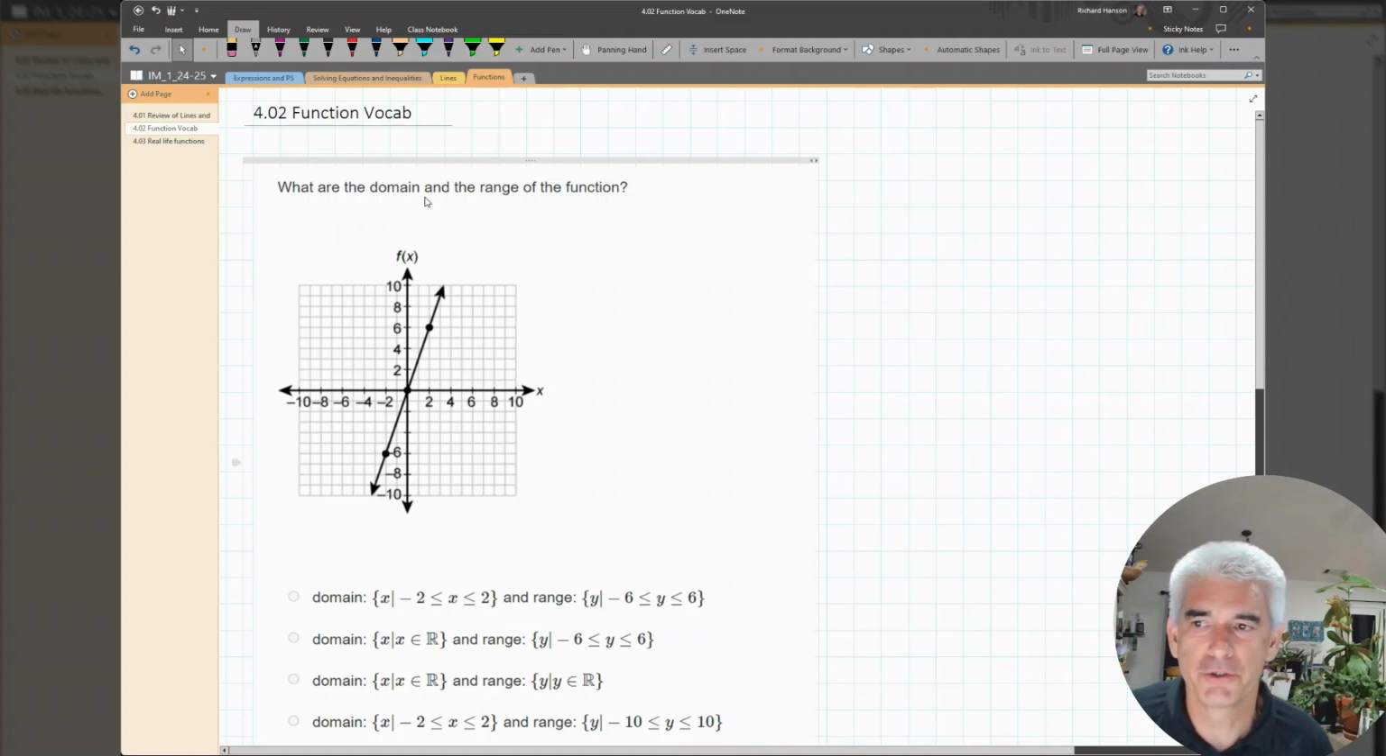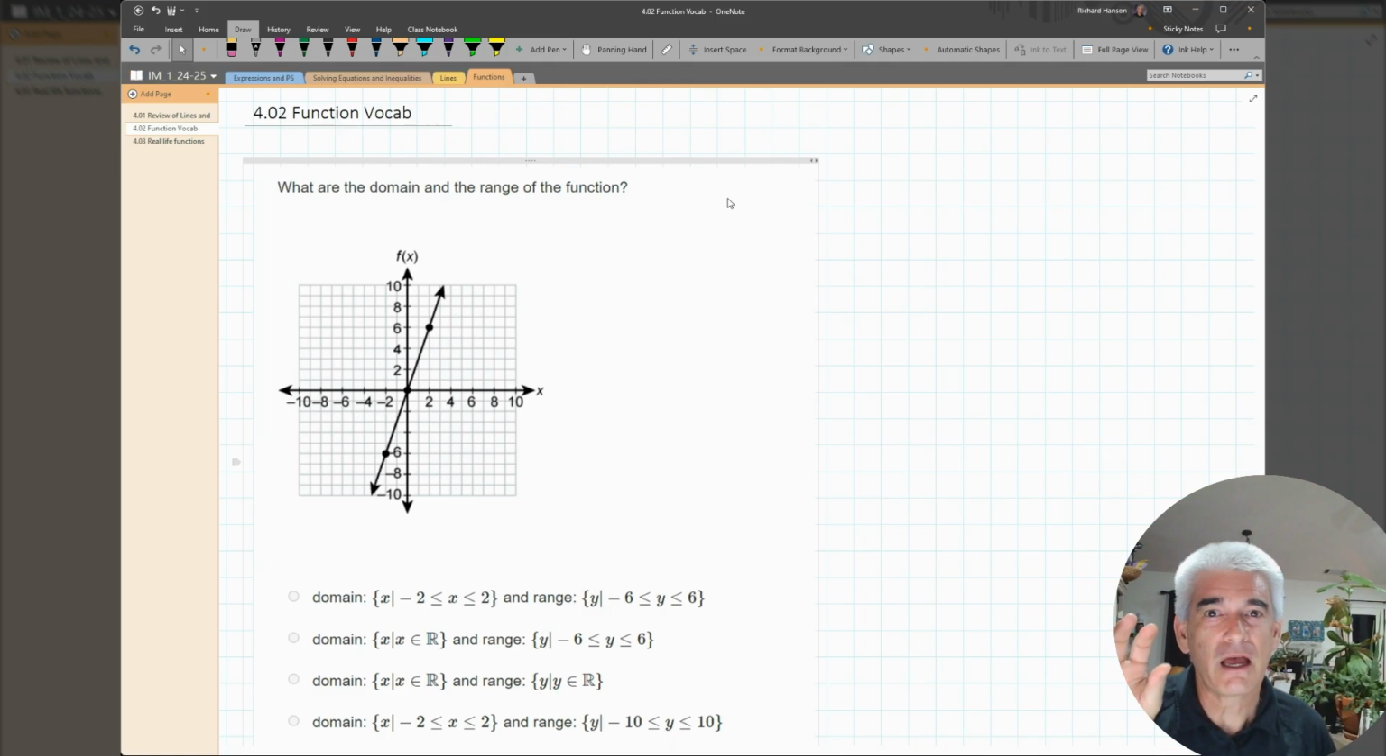All right, so Mod 2, Unit 4, functions. This is more about the vocab, like what does it mean to be a function? How do you know something's not a function? Well, a function is a relation, but it's a special type of relation where every value from the